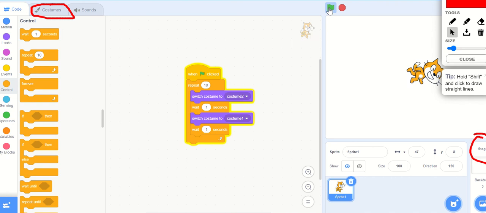The two different poses are changing, and they will change up to 10 times. If you want to stop the execution in between, you can click on this red button. When we click on the red button, we can stop the execution of the program.